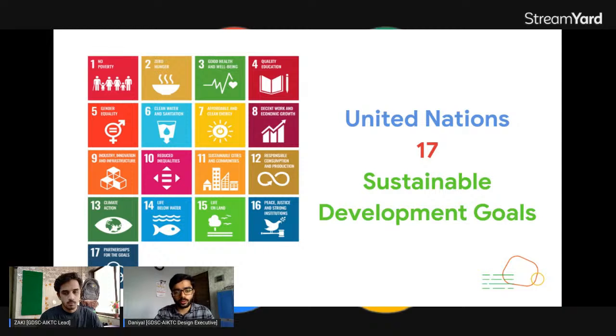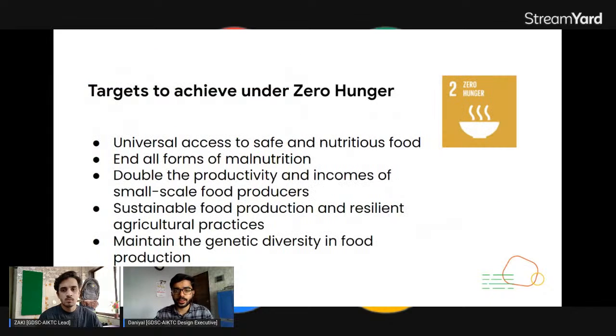But to achieve these goals, first we have to complete various targets associated with the goals. So the United Nations has provided us various targets which we have to complete, and after the completion of these targets, we can say that we have achieved a goal. We have to find a solution which aims at one or more of these targets and move forward in achieving the goal. So for the Zero Hunger goal, I have listed the 5 targets which are visible on your screen. And as I previously said, we have the power of knowledge.